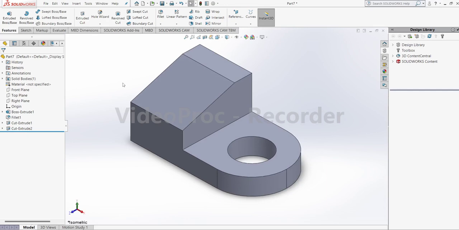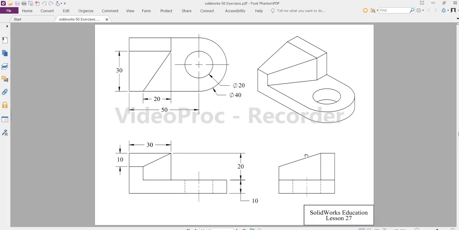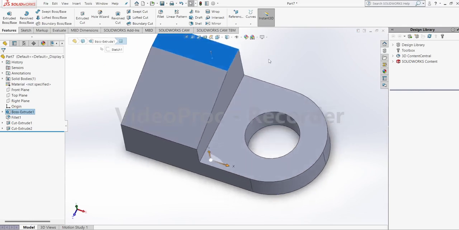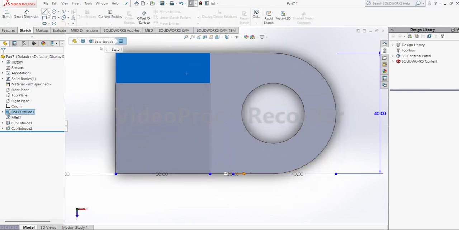Okay, now we need to cut. So from the right side view we already cut it. Okay, now we need to cut it in the top view. Okay, in the top view we need to make this triangle. Okay, this triangle, the base is 20, height is 30, 20, 30, make this triangle and cut it. Okay, so click this face, normal to, go to sketch, line,